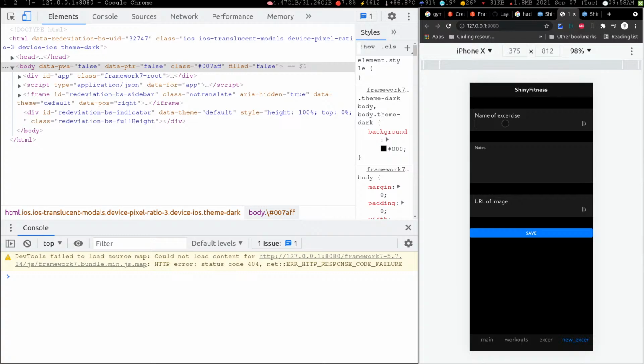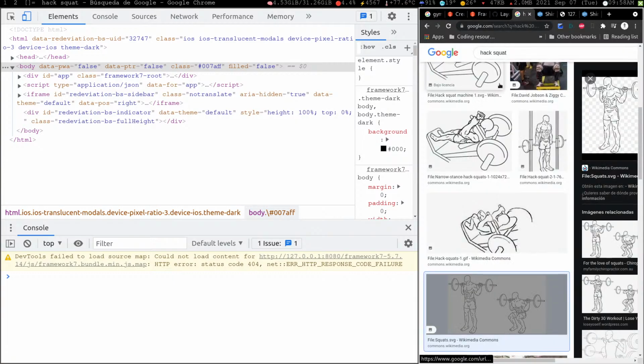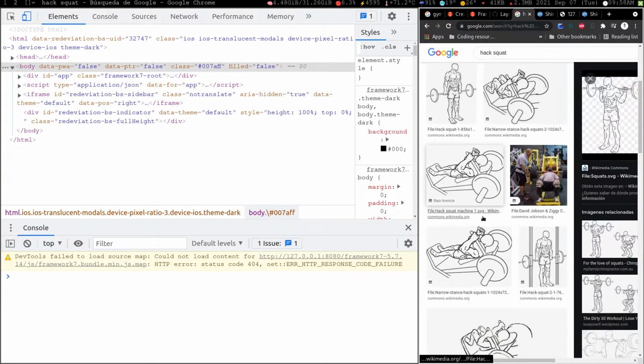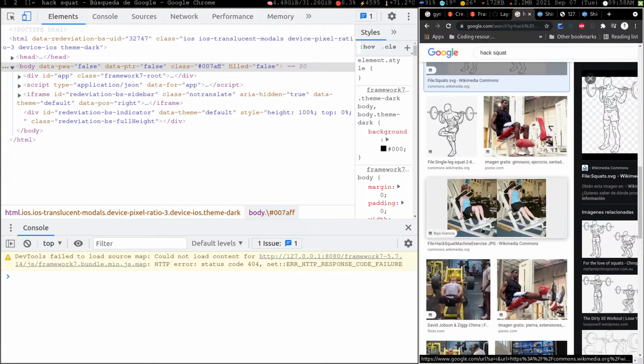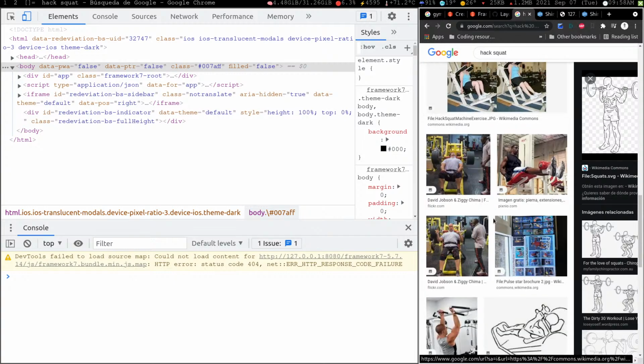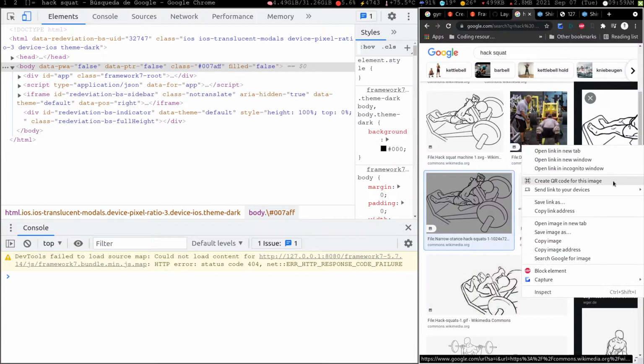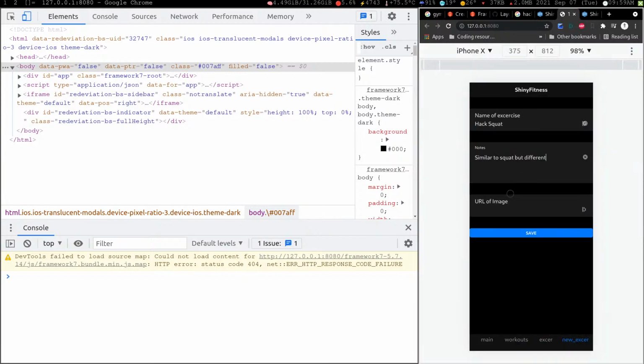So I'm going to call this the hack squad nodes, similar to squad but different, something like that. And for the image, the hack squad looks something like this, right? So I'm just going to copy image address and paste it here. If I do save,